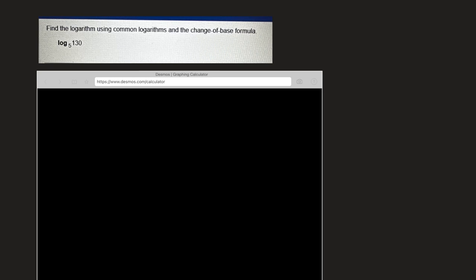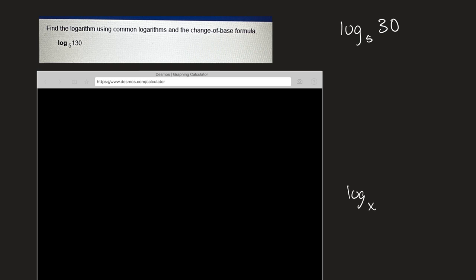All right, here's some good questions on logarithms, graphs, and otherwise. This first question is having us find the log base 5 of 30. They tell us to use the change of base formula, and the change of base formula says this: